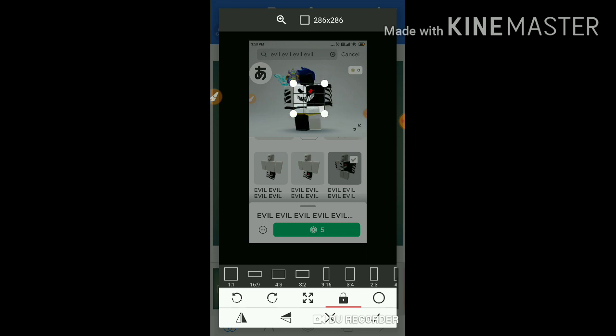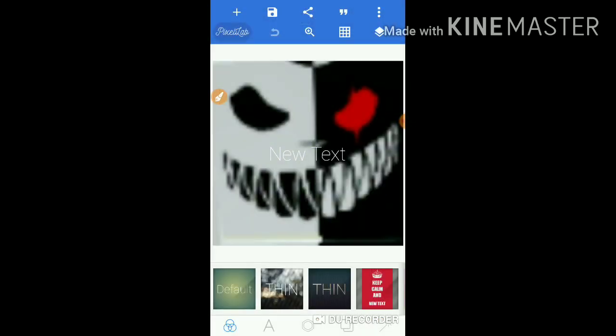Not the full t-shirt, guys, just the torso part you have to fit. I'm showing you, like this, guys. Just the Avel face will be coming, just this part, not hands and not head also. And when you have cropped it, click on the tick button, and as you can see, our image is cropped.